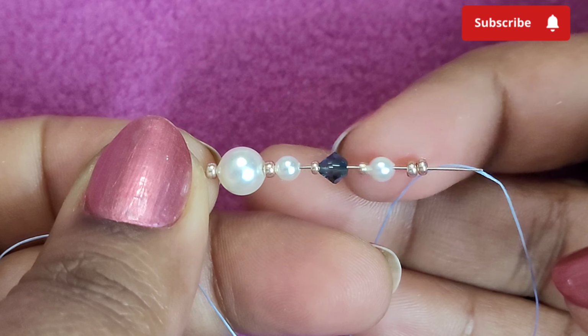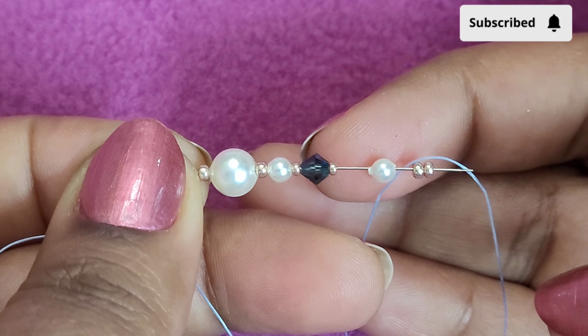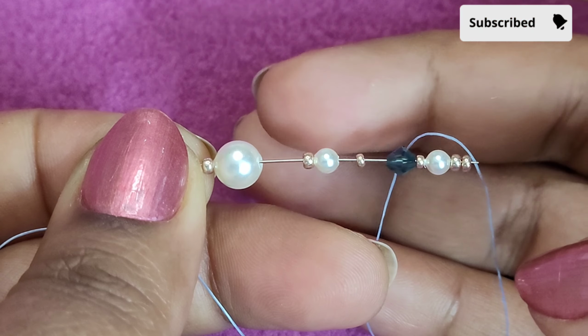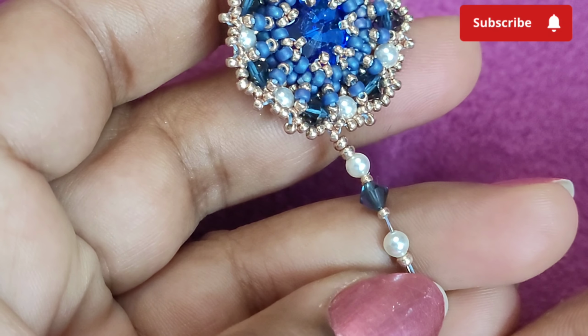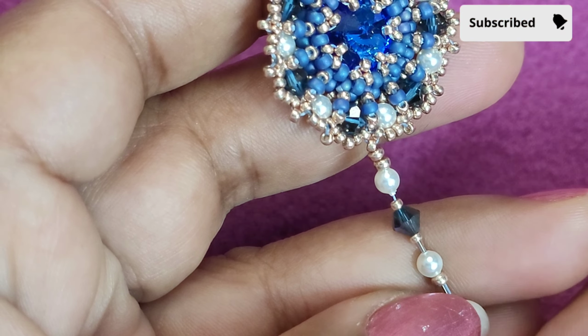For adding the first layer of drops, here I have picked up 2 11 champagne, 1 3 pearl, 1 15 champagne, 4 bicon, 1 15 champagne, 1 3 pearl, 1 11 champagne, 1 6 pearl and 1 11 champagne. So these are 10 beads that I have picked up. I'm bringing these down, and I'm going to skip this 11 champagne and moving up through all the rest of the beads like this,